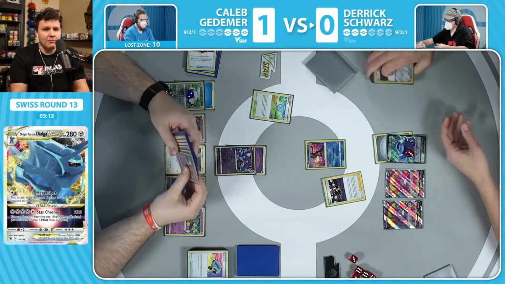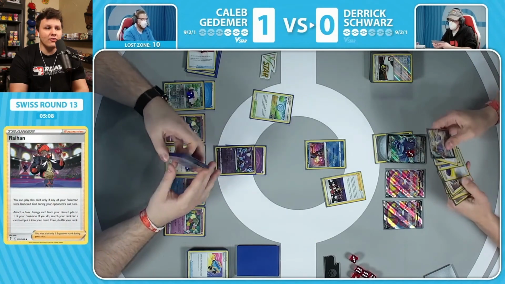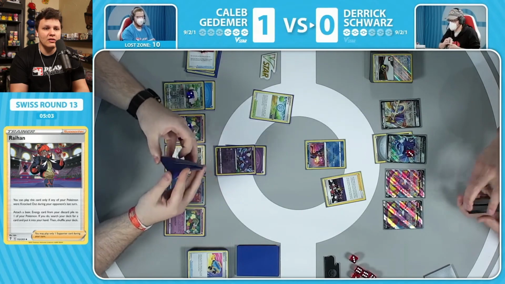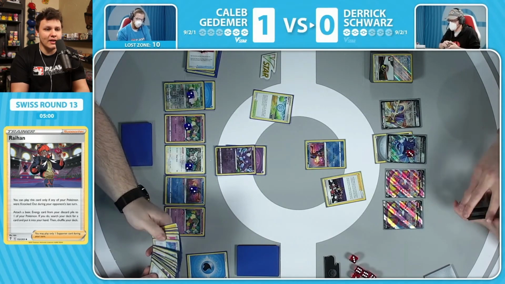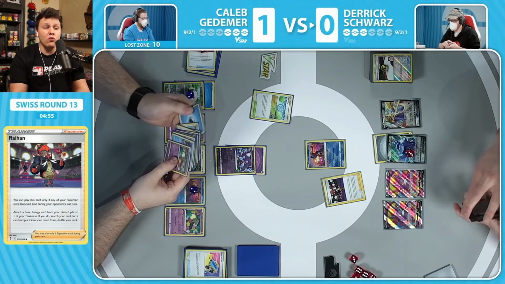It would be the problem with that play, I guess. It doesn't have Kyogre left, so it can't set up for a Kyogre KO double Crobat play, which I'm sure is what Caleb would like to do, but it's not going to be an option here. There could have been an argument to attack with...